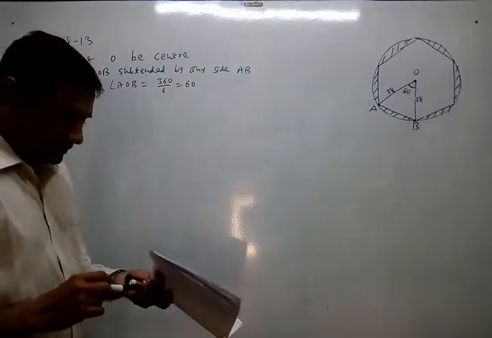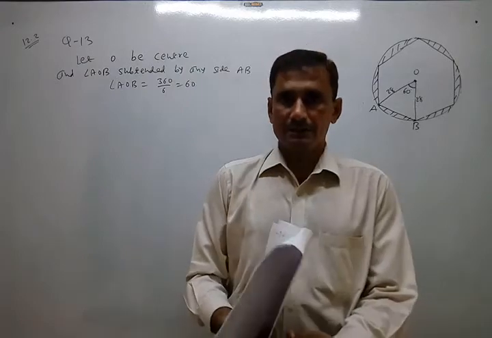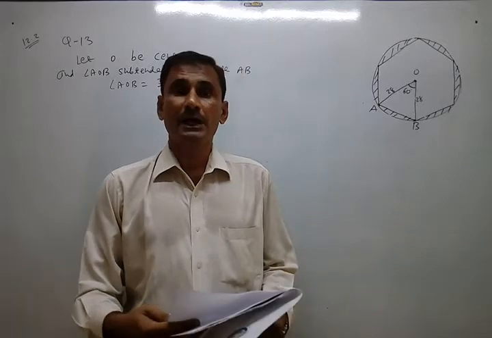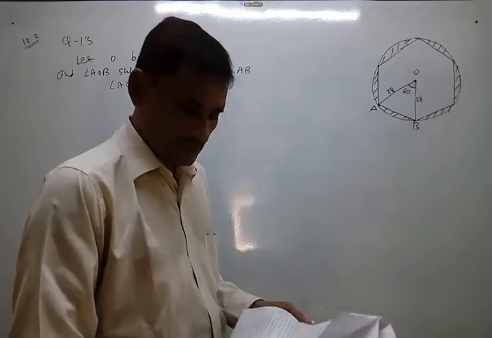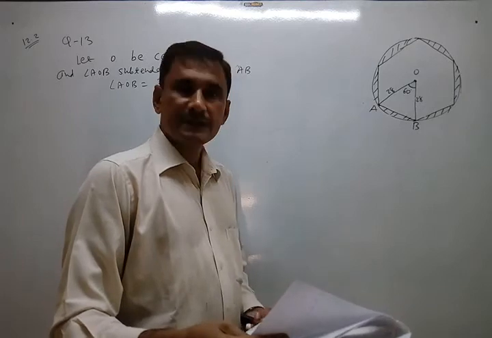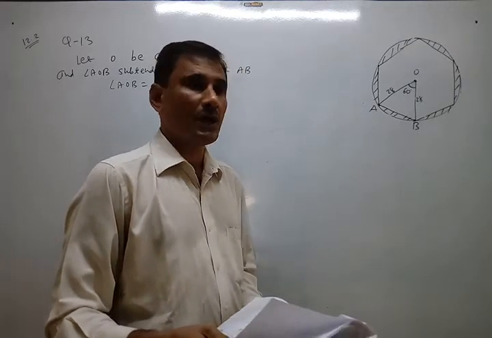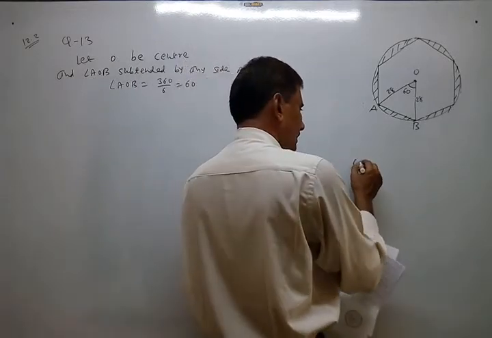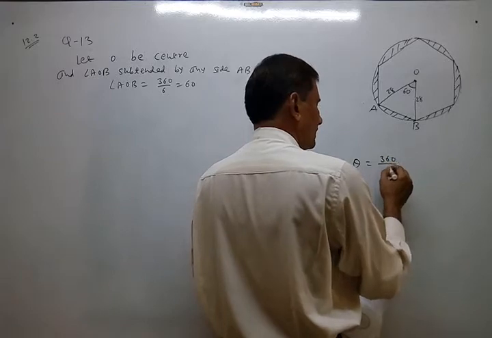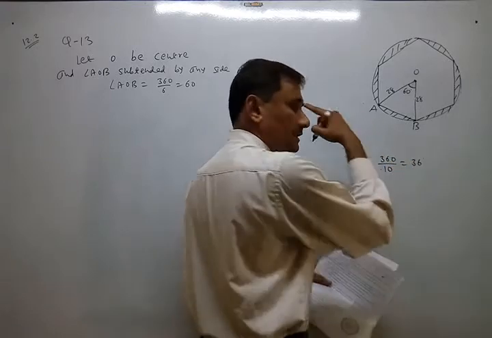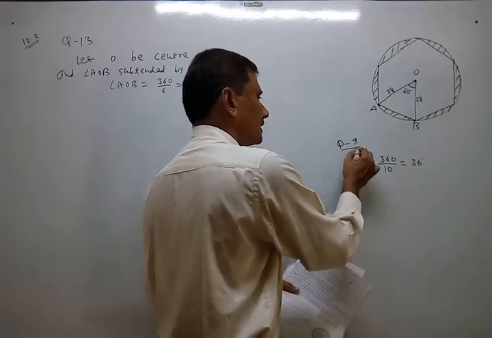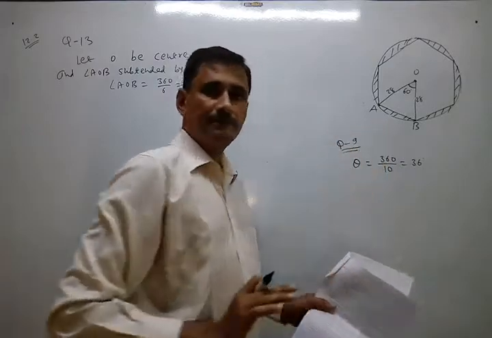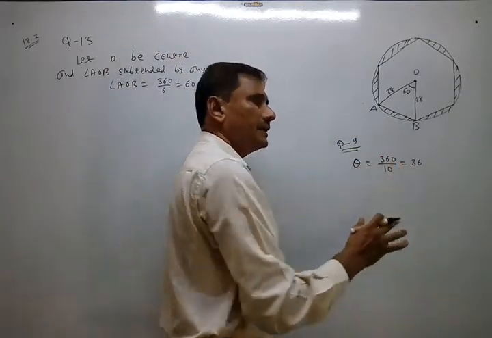And I just remind you, in the previous lecture yesterday, the same type of sum was given at number 9. Just look at number 9. One board is given, and there are 5 chords. So 10 equal sectors were formed there. At the earlier stage, we divided by 10 in the same way, so the degree obtained was 36. I am talking about question number 9, about yesterday's lecture, nothing to do with this one. So 36 degrees we obtained, that was right.